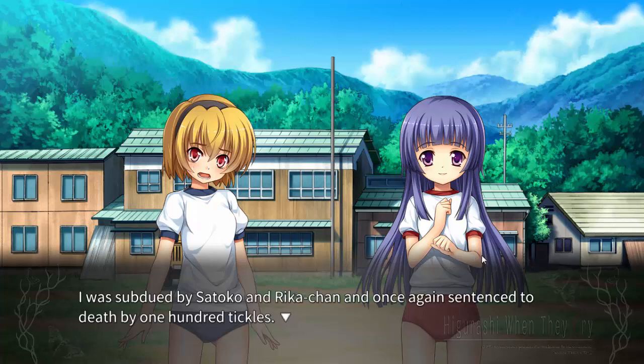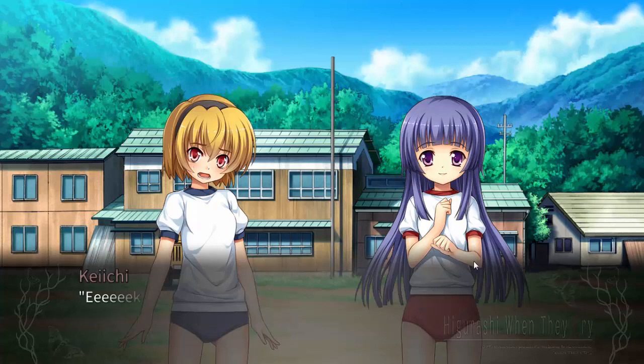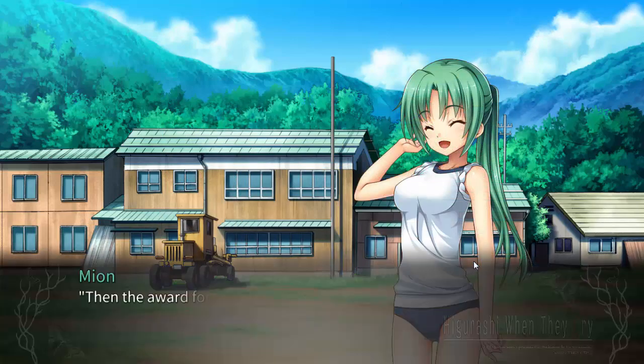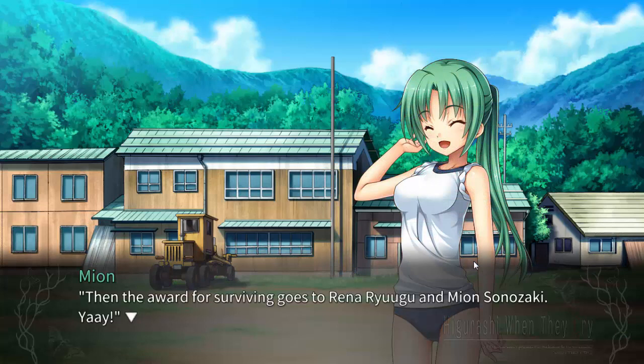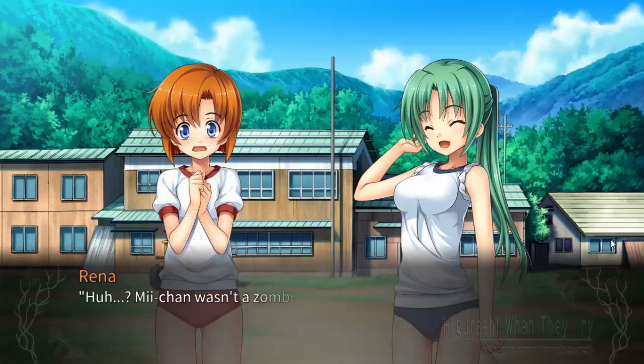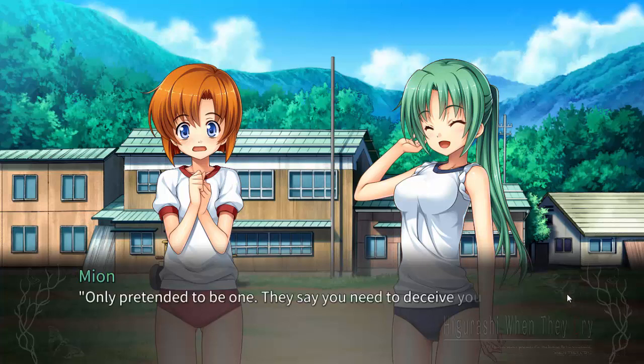I was subdued by Satsuko and Rika-chan and once again sentenced to death by 100. 許した。じゃあ生き残ったでしょうは竜宮レナと園崎美音。What? イエーイ。Was she faking it the whole time? あれみーちゃんゾンビじゃなかったの。ふりしてただけ。敵を騙すには味方からって言うじゃん。